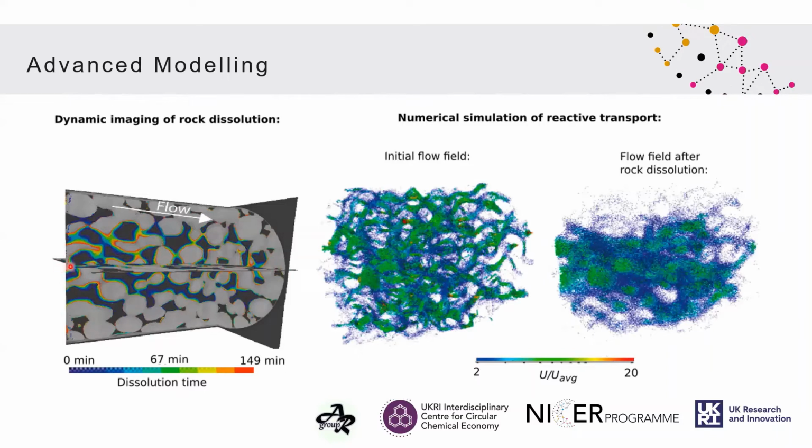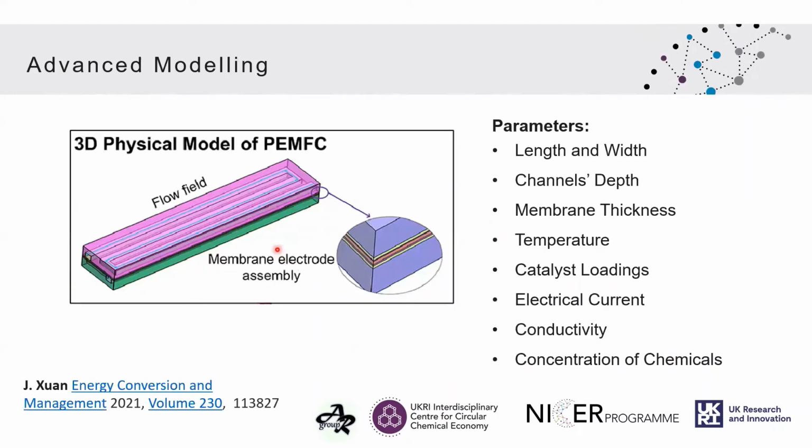There's a catalyst, for instance. We could see how it changes with the flow, with different regimes of flow. But I'm going to go into a bit more detail on this electrochemical cell. So electrochemical cell means that we have reactants going from one side and the products going from the other side,